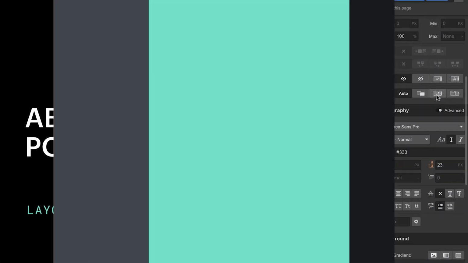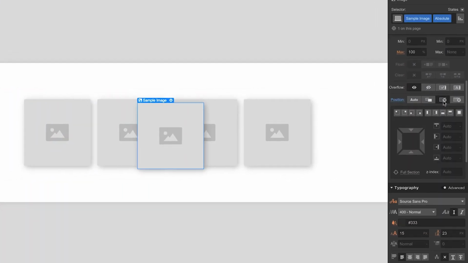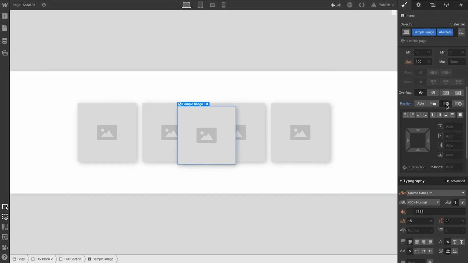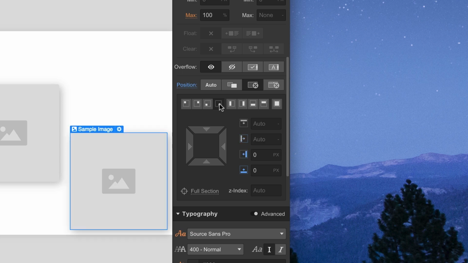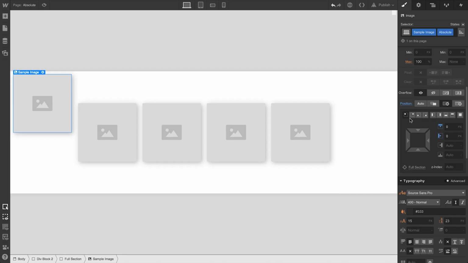An element that's absolutely positioned is completely removed from the normal document flow. It doesn't leave a seat warmer. There's nothing holding its spot or taking up any space wherever it's been placed. Like a relatively positioned element, an absolutely positioned element has unlocked tons of controls for positioning and z-index, but most